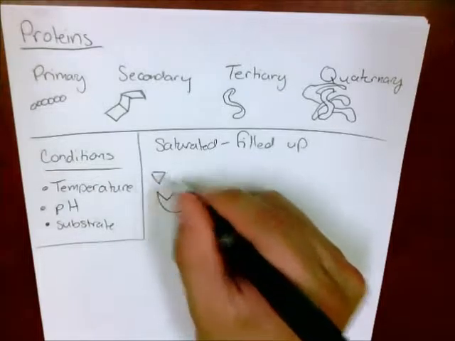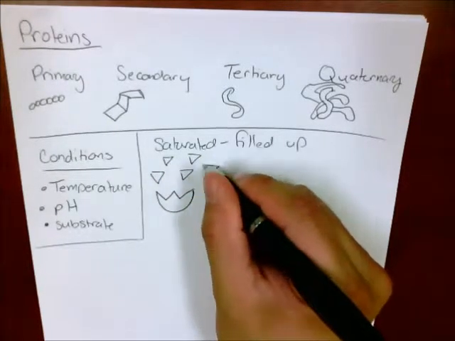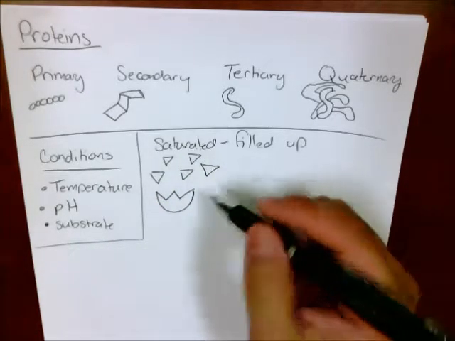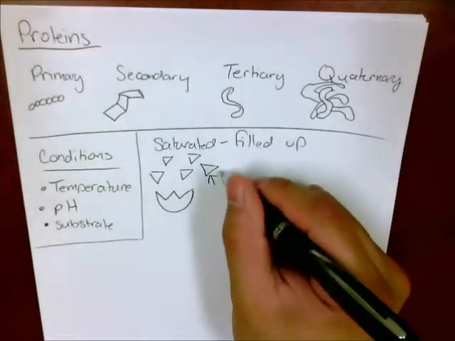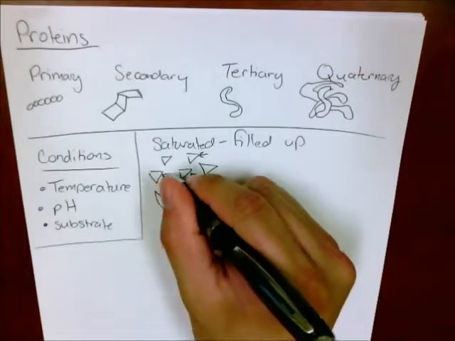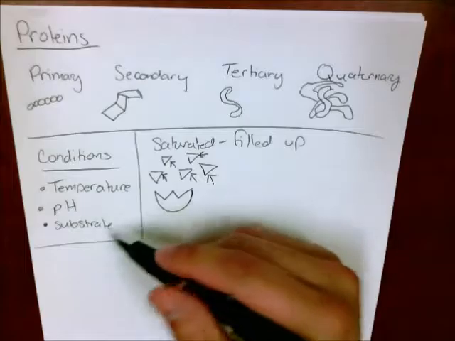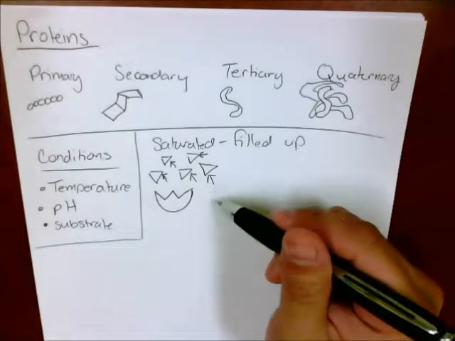So if I have a bunch of substrates, there's going to get to a point where I just can't use any more of this. You can put as much substrate as you want. These are like the ingredients. These are one of the conditions, right? With temperature, there's an optimal condition. You can be at a certain temperature, a certain pH, a certain substrate level. If you end up with too many of these substrates, your reaction is not going to go any